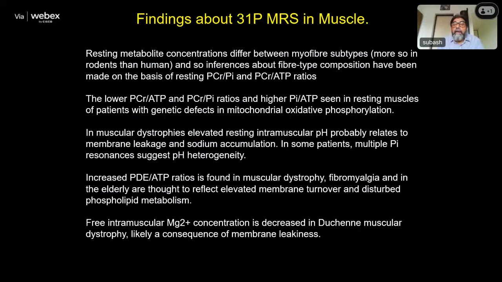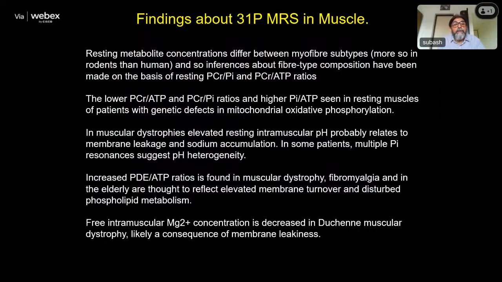They're different between individuals, and there are different fiber types in the muscle. Some people can run very fast for a very short distance, like sprint runners. They can complete the race very fast, but they can't run for a long time. But there are marathon runners who can run for a longer time, but they can't run faster. So there are different types of muscle fibers which are trained, and there could be a change in fiber composition by training. So you always measure the PCr/Pi, and PCr/ATP ratios give you the